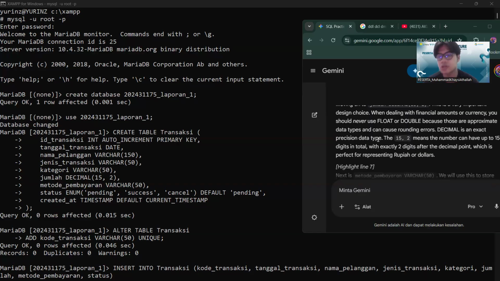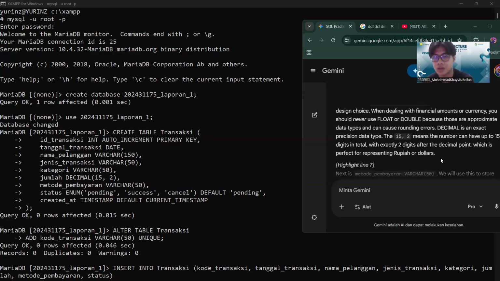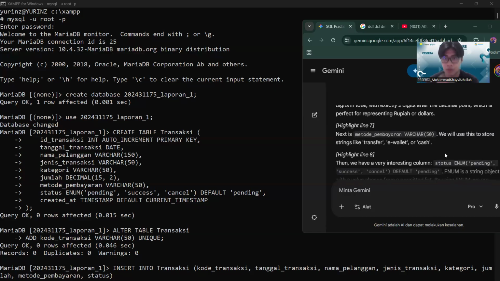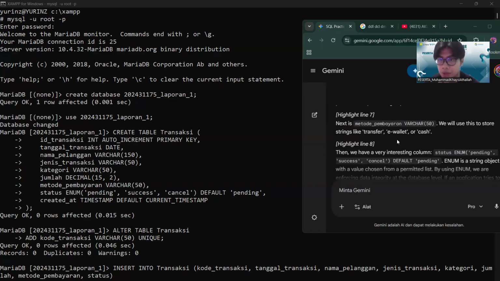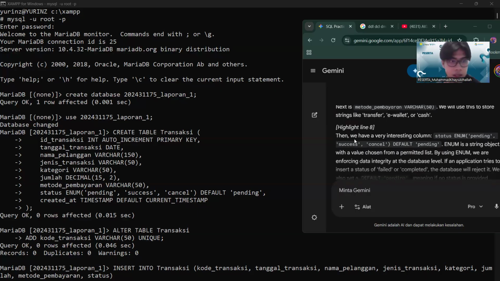Decimal is an exact precision data type. The 15 and 2 mean the number can have up to 15 digits in total with exactly 2 digits after the decimal point, which is perfect for representing rupiah or dollars. The next is metode pembayaran, or payment method. We use varchar again.